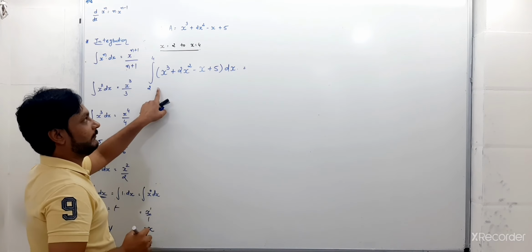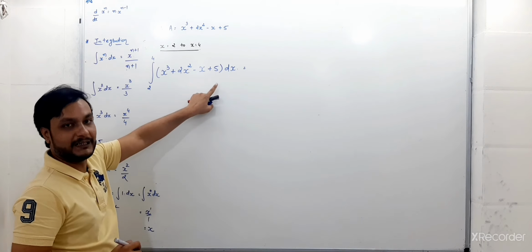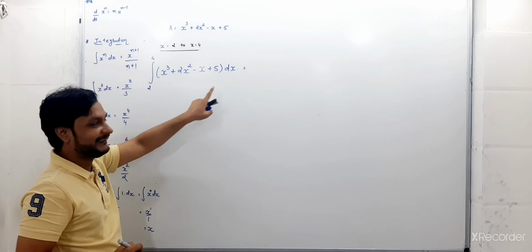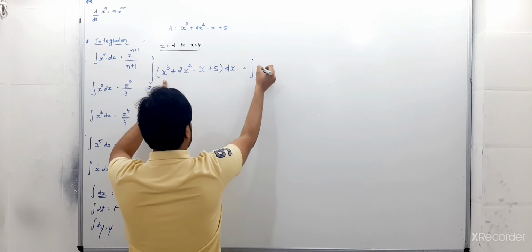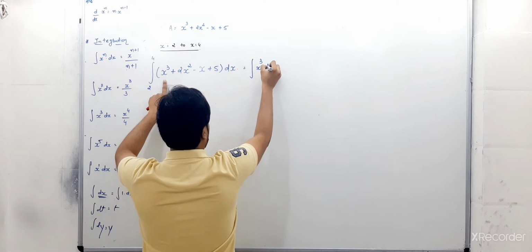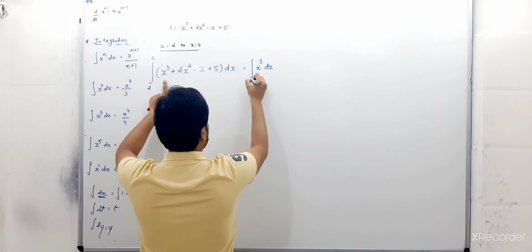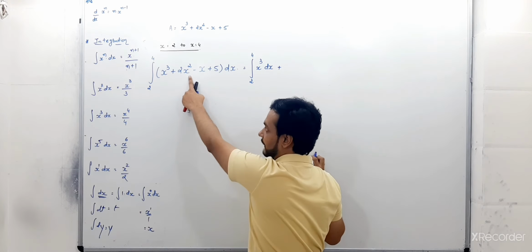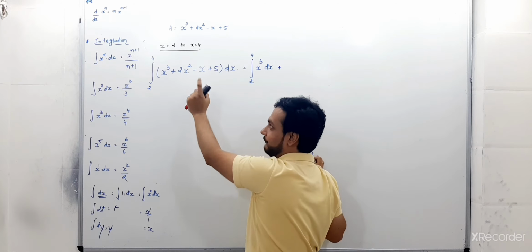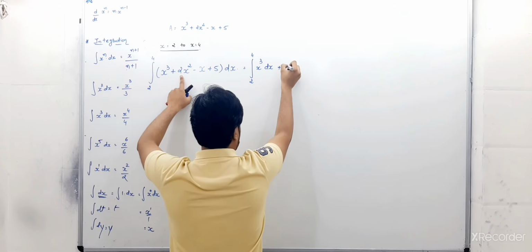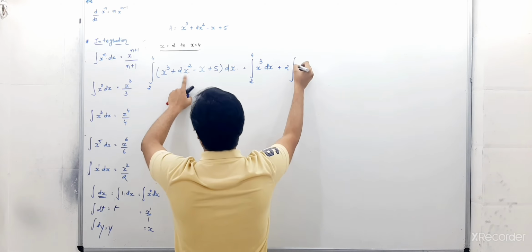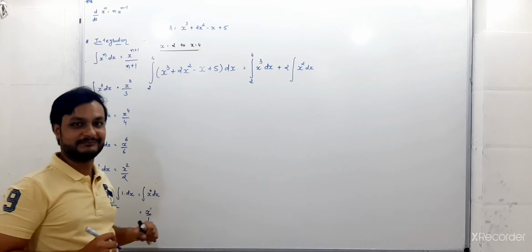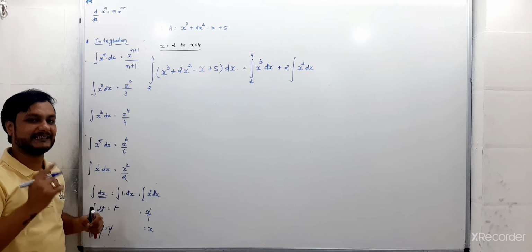So first of all, what we will take? Take the partial values, right? So take it inside, that means open the bracket. So first of all, integration of x cube into dx, place the limit 2 up to 4, plus here is 2x square. Now we will take the slightly direct value. 2 is a constant, so we can't integrate it. So 2 outside, x square into dx. So that we can save one step.